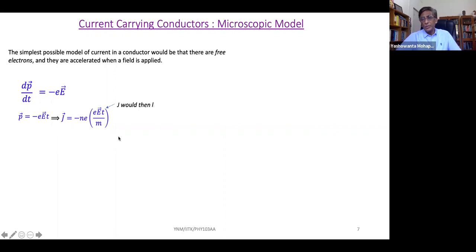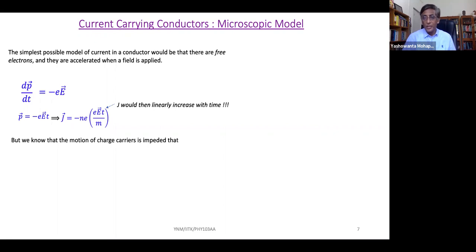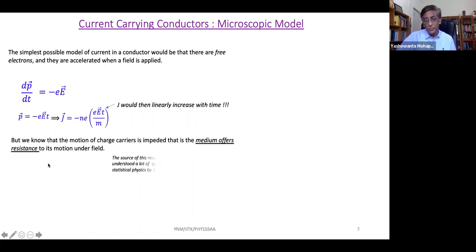Okay, so J would be, but that's not our experience. If I apply an E to a metal, then it produces a steady current. So obviously, there is something else going on. We know that the motion of the charge carriers inside the metal is impeded, that is, the medium offers resistance to its motion in the field, and the source of this resistance has